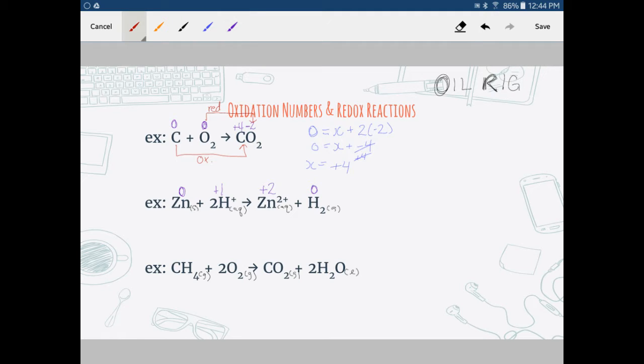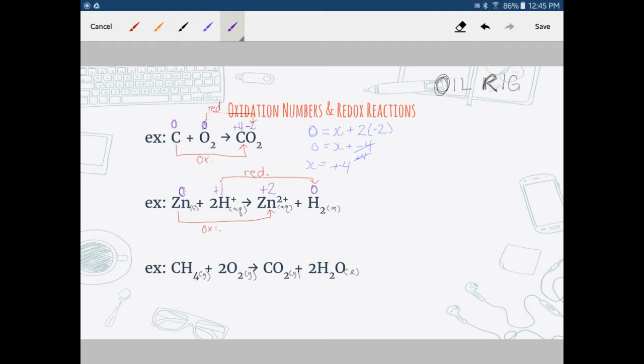So when I take a look at this example, I see that zinc goes from 0 to +2, where hydrogen goes from +1 to 0. Again, we go from 0 to +2, which means we've lost electrons or oxidized. And we see that we have +1 to 0, which means we've gained electrons. We've become more negative. So if we've gained electrons, we're being reduced. Okay, so we can identify these reactions as reduction and oxidation half reactions. If we take a look at our last example here,